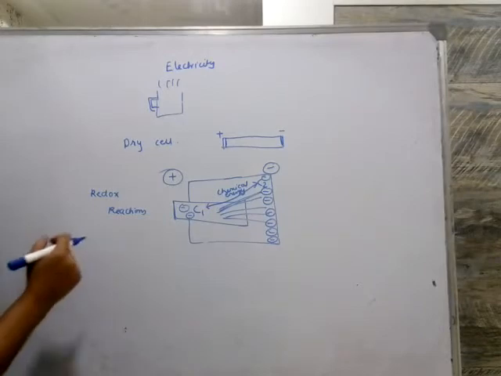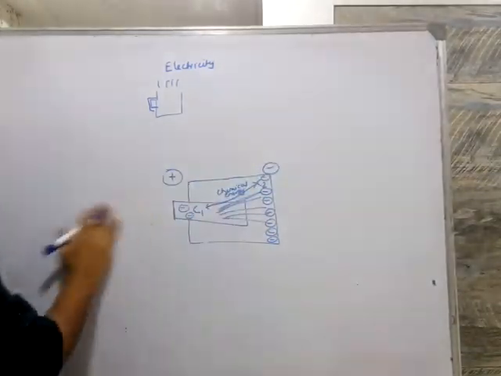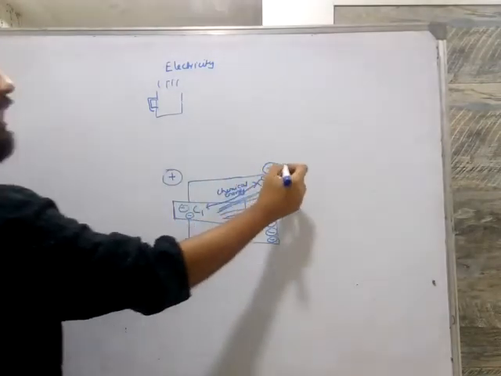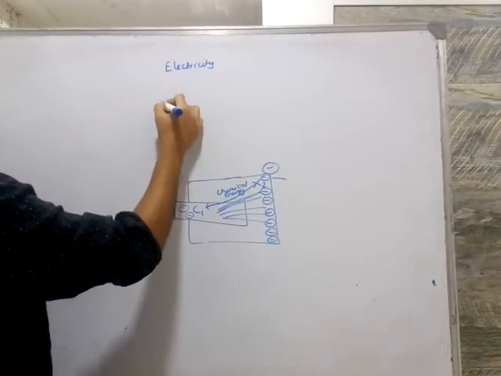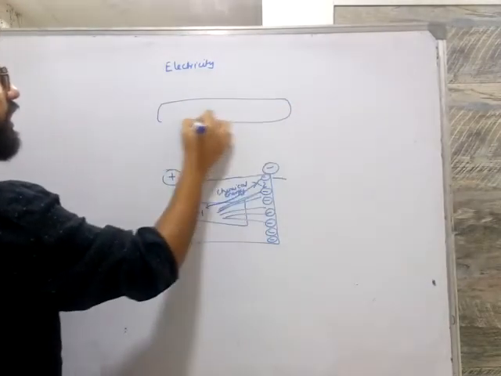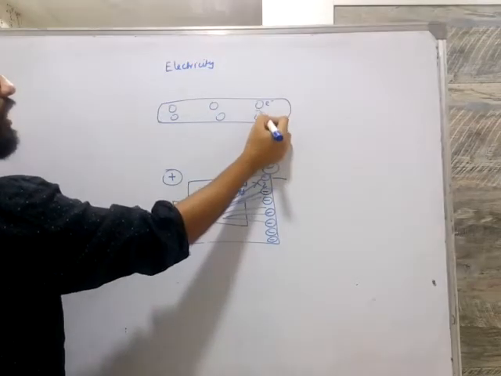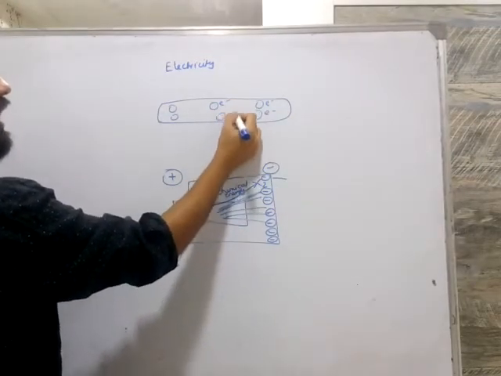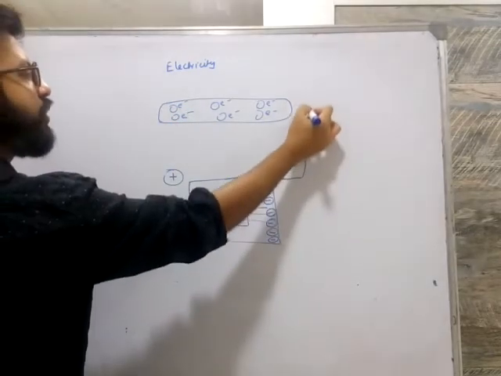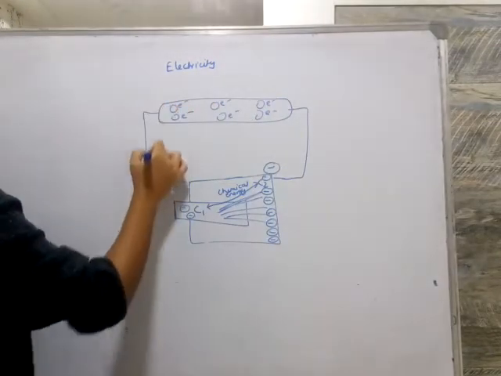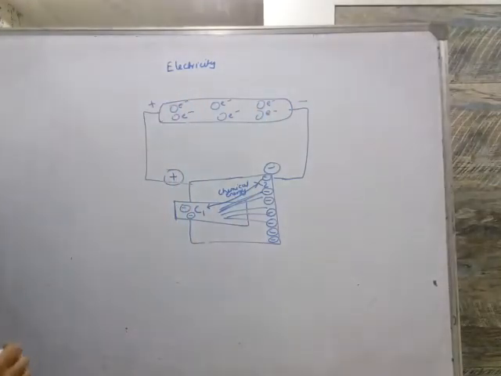Now, potential difference. So what is potential difference? What I'll do now is connect this dry cell. Okay, this is my dry cell. I'll connect this to my copper wire. As we have seen, the copper wire has atoms, and these electrons are moving in random directions. As soon as I connect this to my copper wire, this is my negative sign and this is my plus sign. So what will happen now?